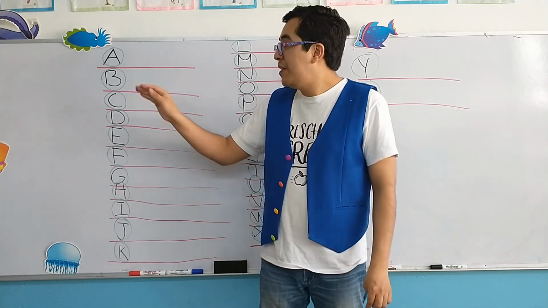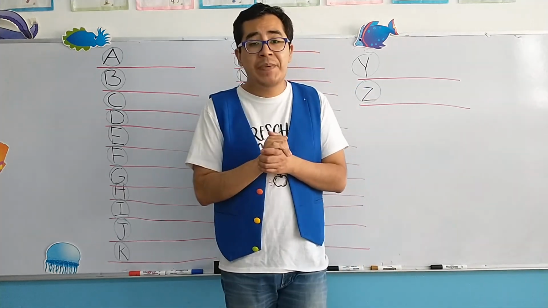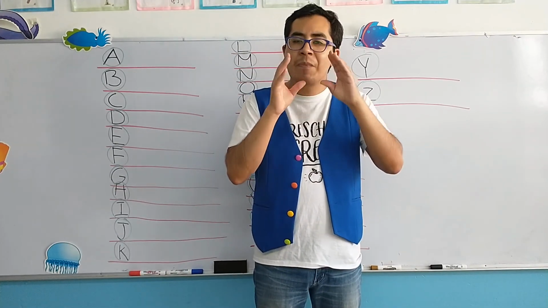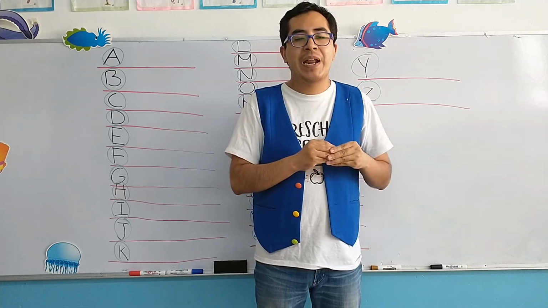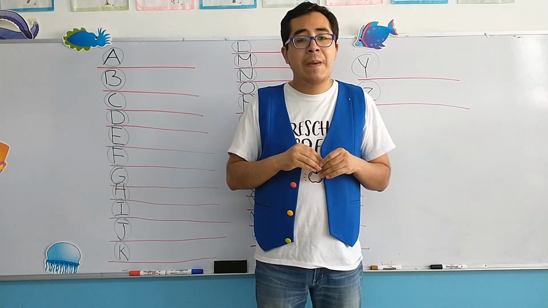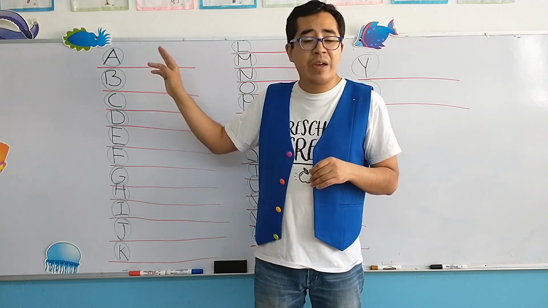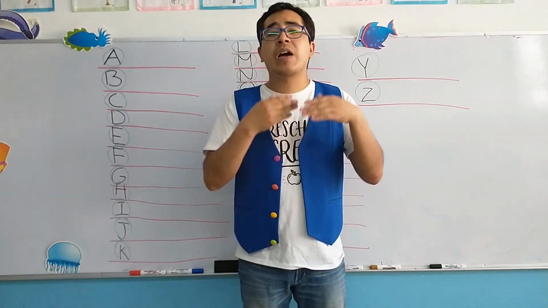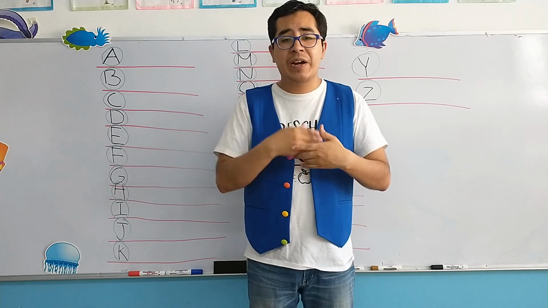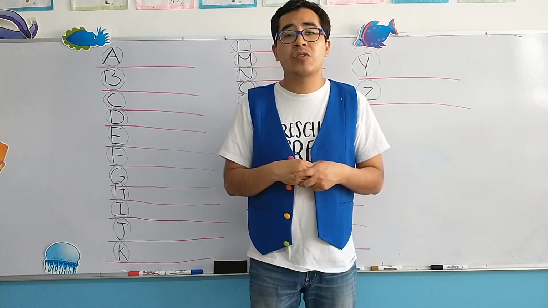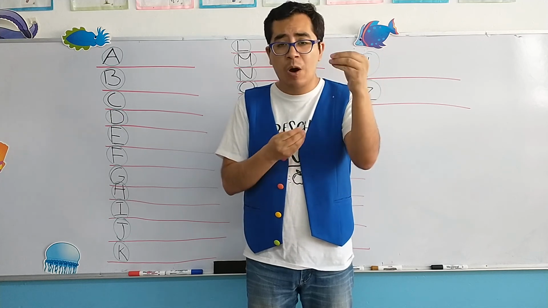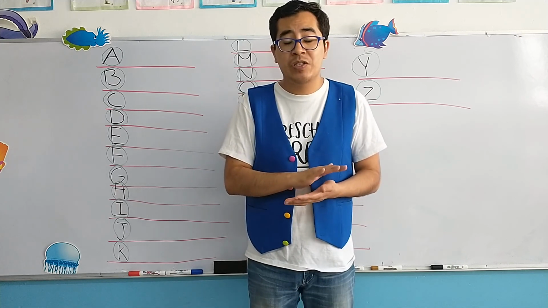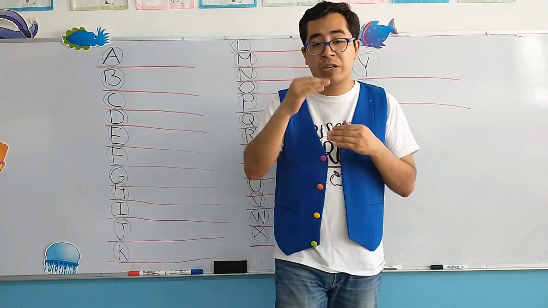Now, for this next activity, my children, we're going to write a word that begins with the first letter that is right here. Para la siguiente actividad, vamos a escribir una palabra que empiece con la primera letra de la que estamos hablando, ¿ok? Vamos a escribir una palabra with the letter A, with the letter B, with the letter C. So, my children, if you want to work along with the teacher, si ustedes quieren trabajar junto con el teacher, you have 5 seconds to grab your printed activity of today and your pencil case. Si ustedes quieren trabajar con el teacher Jacob en este momento, tienen 5 segundos para ir por su actividad impresa